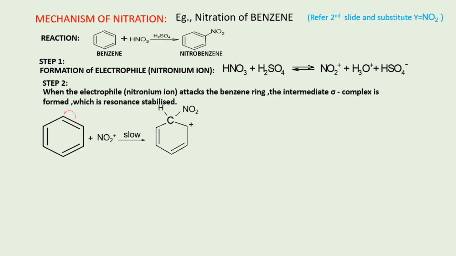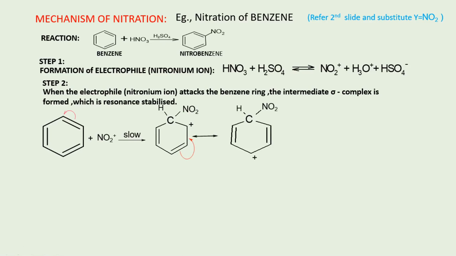And the first structure is one of the resonating structures. Now, all these are hypothetical only, imagination way. So this might have taken place, that might have taken place, like that. All these are imaginary steps only. So this bond is shifted, NO2 plus is attached there, and this carbon becomes electron deficient, so positively charged, as shown by the positive charge. We have two more pi bonds. When we shift one of the pi bonds like this, we get the next structure.